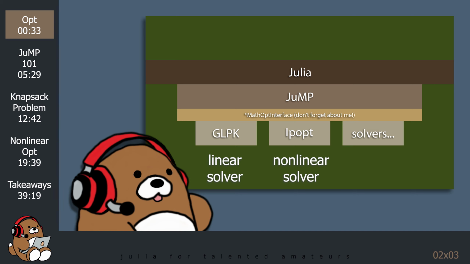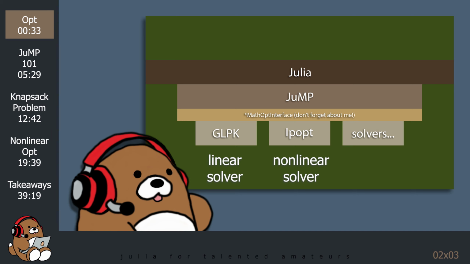As you can see, both GLPK and Ipopt are solvers that exist outside of Julia. In the past, if you wanted to access them, you would have to learn a different syntax for each of them, in addition to learning Python and C++. With JuMP, you can do everything in Julia and use a common syntax for any solver supported by JuMP. I know this may sound a little abstract at this point, but it will become clear as we go through the examples.